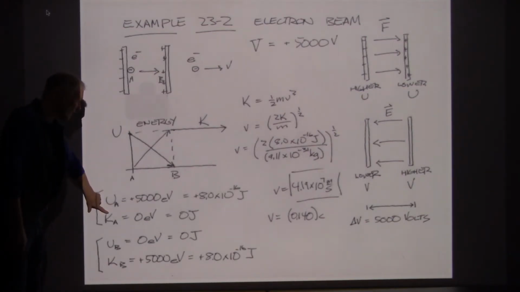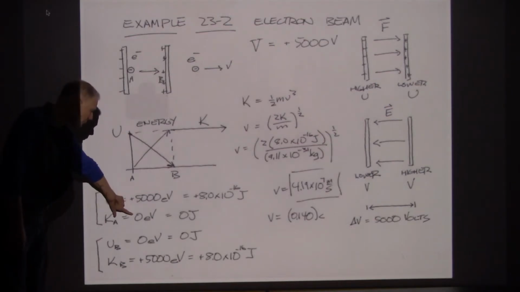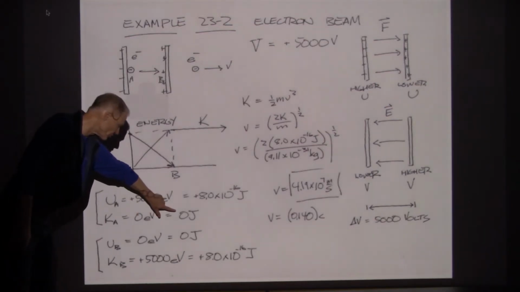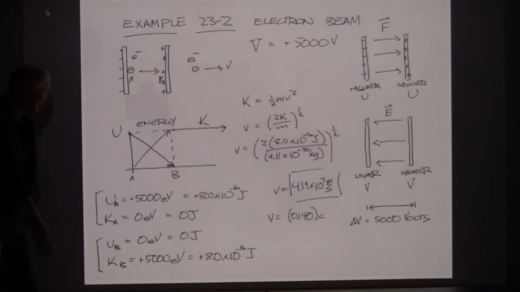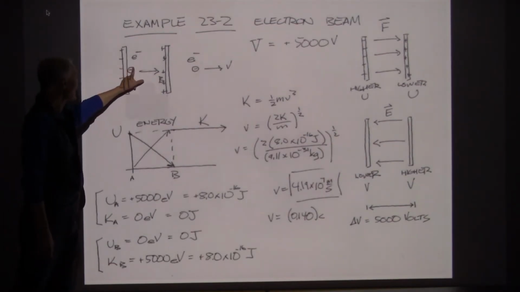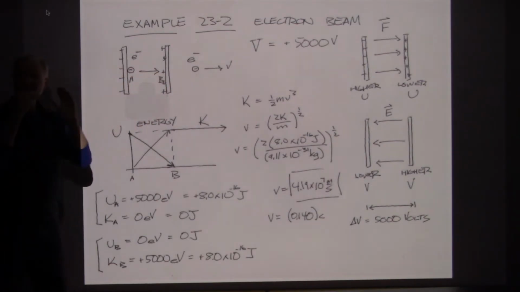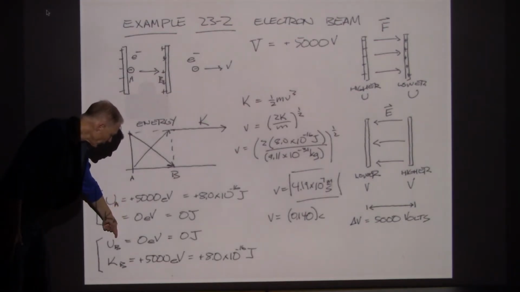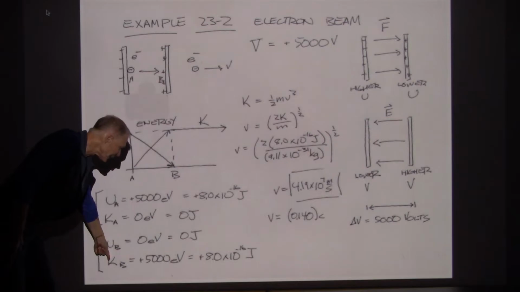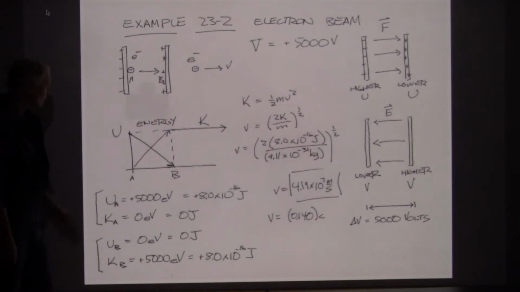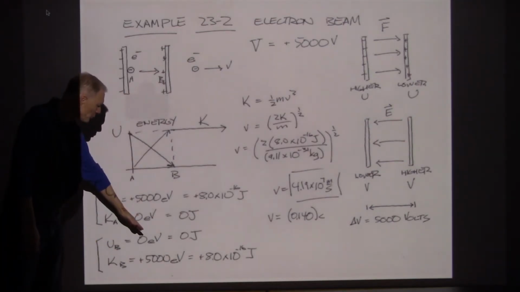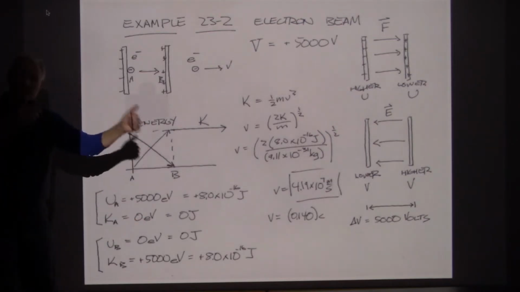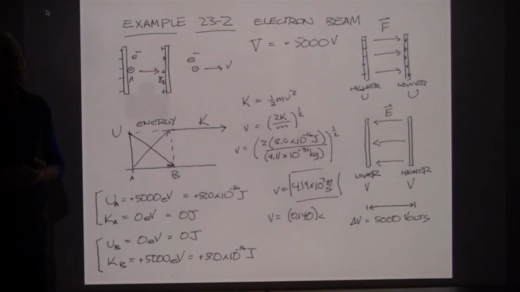Now I'm starting out with the electron at rest, and so that would be 0 eV or 0 joules of kinetic energy. By the time the electron has moved to point B, it's accelerated, it's going really fast, and all of that potential energy is now kinetic. So once I've thought through this process, I think the takeaway from all this is, you know, I really just